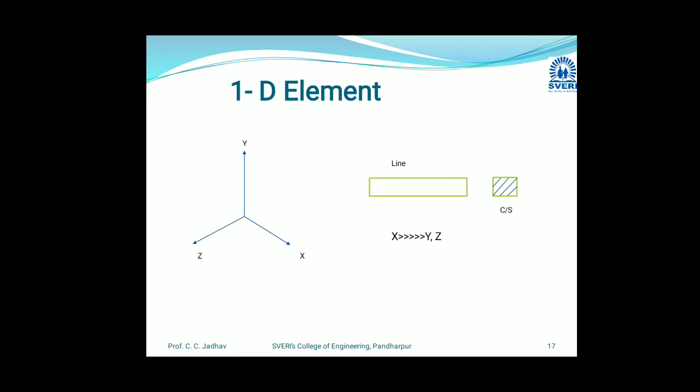So these are the types of the element. Some practical applications are long shafts, beams, joints, connection elements. So these are some practical applications of one-dimensional elements. One-dimensional element is nothing but one of the dimensions is far greater than the remaining dimensions.